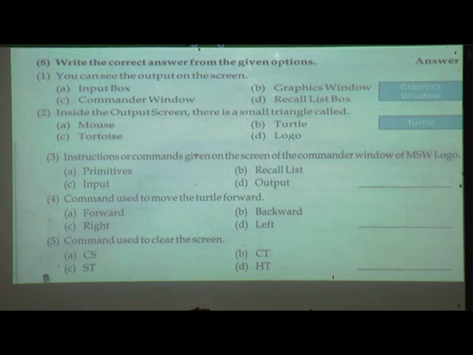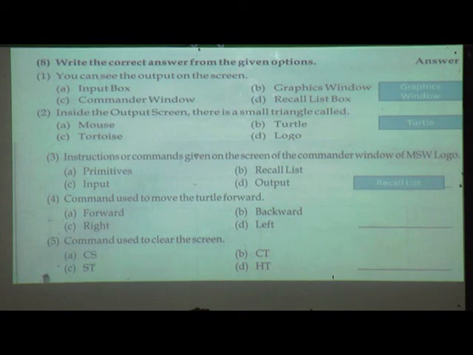Where can we see instructions or commands? In the recall list box.